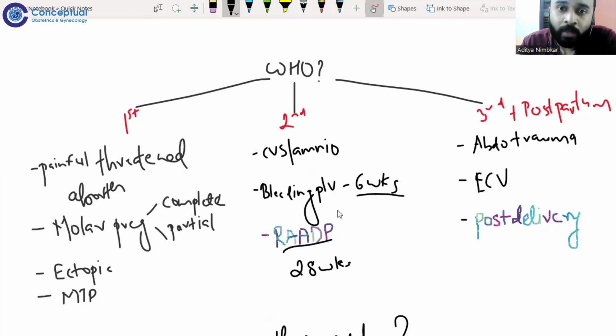Now, obviously, how do we give it? First, we test the indirect Coombs test for the female at 12 weeks. If it is negative, then we repeat it at 28 weeks. If it is again negative, obviously, if the husband's blood group is positive, then we give this female a shot